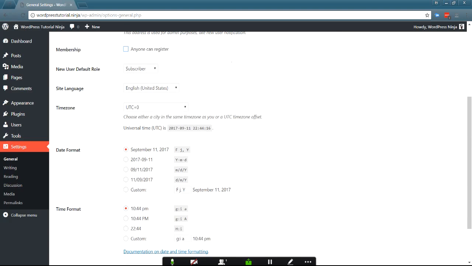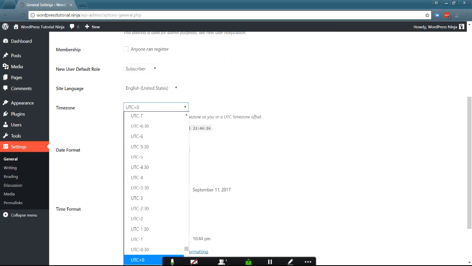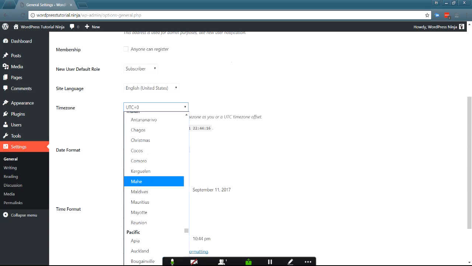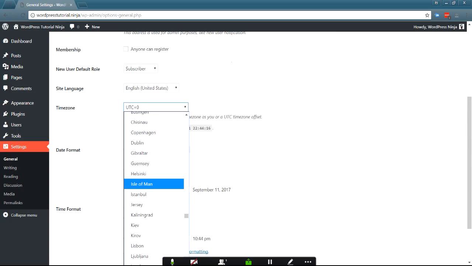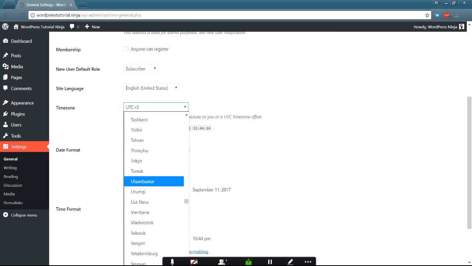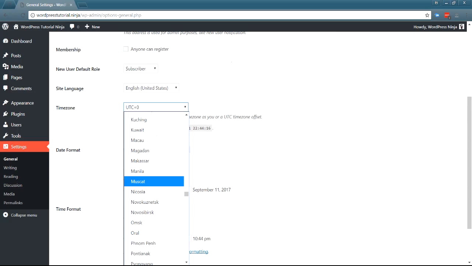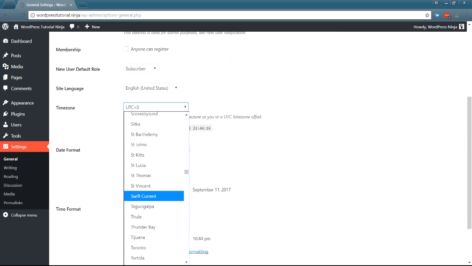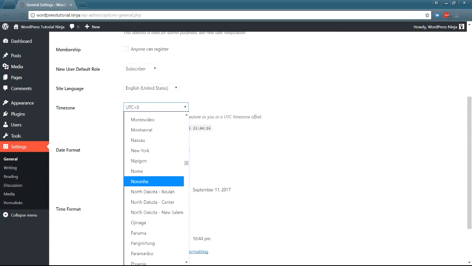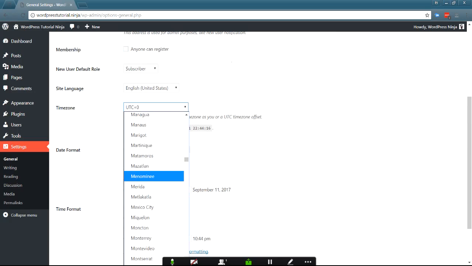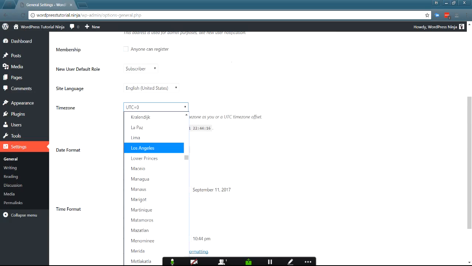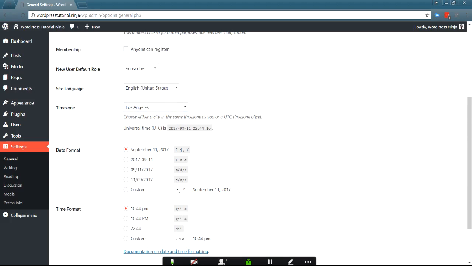The next setting that's important is time zone. This starts with Greenwich Mean Time. And you're going to scroll through, and as you do, you can see there's all sorts of different options here, depending on your geographic location. I'm in the Pacific time zone, so I'm going to be looking for, say, Los Angeles. And since we go backwards through here, now we're looking at United States locations, and I could choose Los Angeles. But whatever part of the world you're in, you can choose your time zone very easily right here,